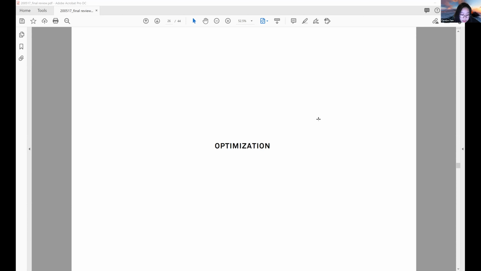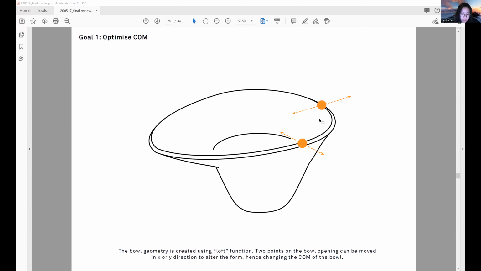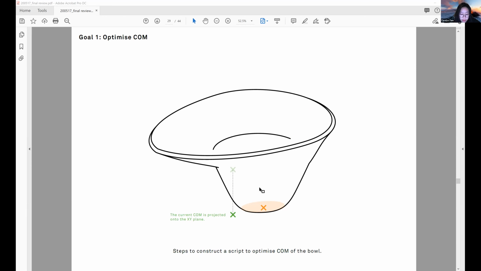So for optimization, since my bowl is asymmetrical, I started looking into ways to optimize the geometry to make sure the bowl is stable, and also aim to maximize the volume that the bowl can hold. The optimization process involves a script which can change the geometry of the bowl to optimize the center of mass of this object. By doing so, the script will calculate the current center of mass of the bowl